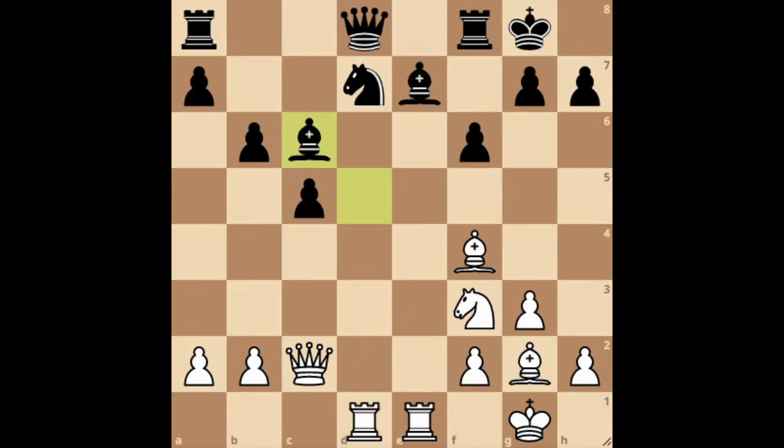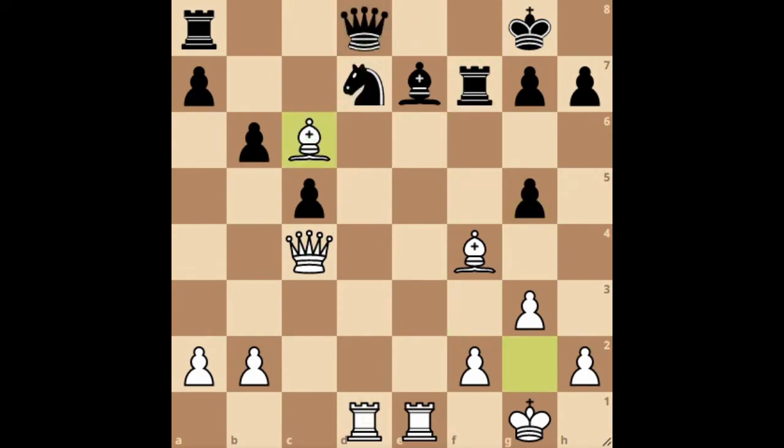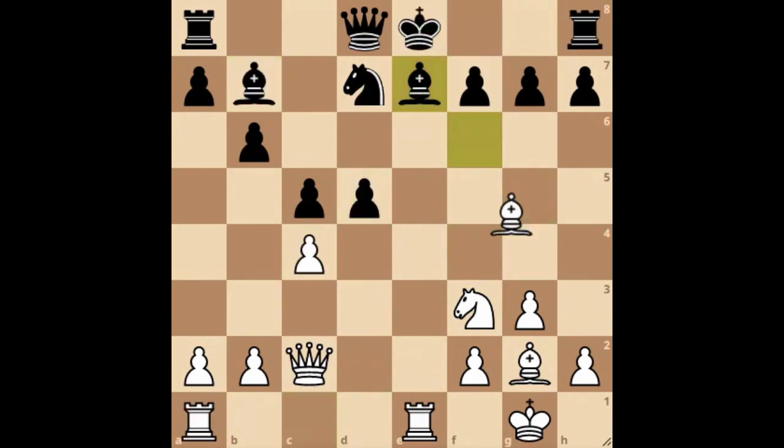To show you one line, white can already play aggressively queen to c4, say after rook to f7 to block the check. You can already play knight to g5 attacking this rook. Black is forced to take, then after bishop takes on c6, we're just demonstrating how strong the rook is on the open file, being helped by the bishop on the open diagonal. So I won't go too much into the line, but definitely this is bad for black if he does play